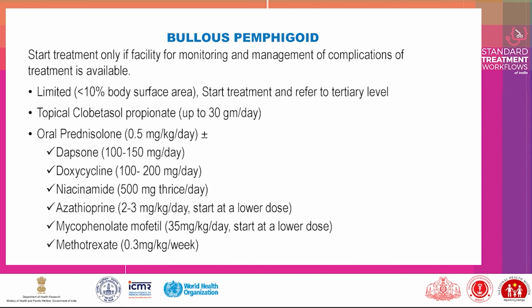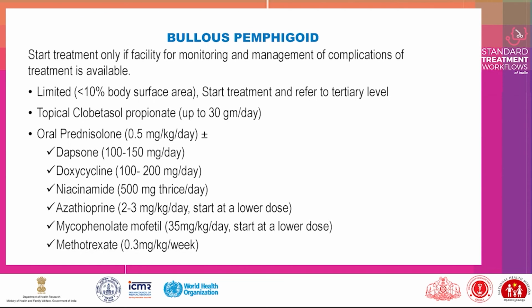Bullous pemphigoid: start treatment only if facilities for monitoring and management of complications of treatment are available. Limited, less than 10% of body surface area: start treatment and refer to tertiary level. Topical clobetasol propionate up to 30 gram per day. Oral prednisolone 0.5 mg per kg per day with or without dapsone 100 to 150 mg per day, doxycycline 100 to 200 mg per day,